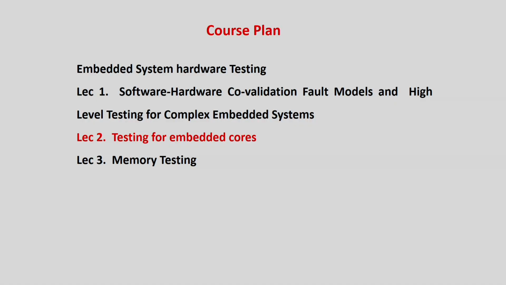In the last lecture, we saw how high level or functional fault models are used for testing of complex embedded systems. Today we are going to see how you can access the points of testing in embedded codes. Let me connect this story to what we learned in the first few preliminary lectures: if you want to test a system, you have to first find out the vectors and then you have to apply them.